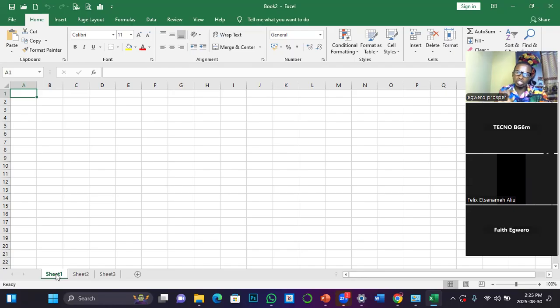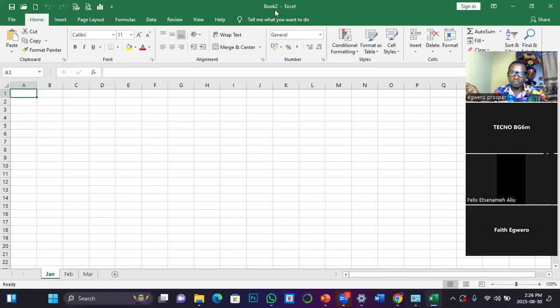So this is sheet 1. If I want to give this sheet a descriptive name so that when I look at it, without opening it, I know the kind of data I am storing there, I just simply double click on it and type the name. So let's say this whole sheet is for holding my January sales inventory. So I will say January. I can double click here and say this one is for February. I can also double click here. This one is for March. Now, you can see that I have been able to rename my sheets.